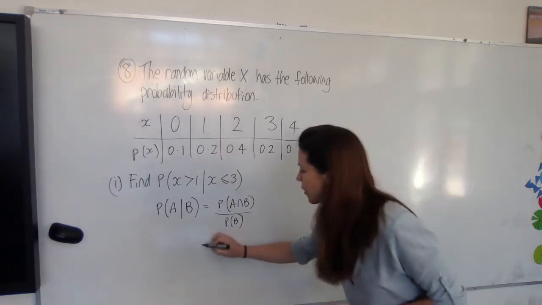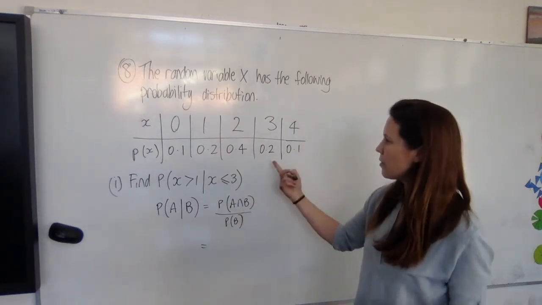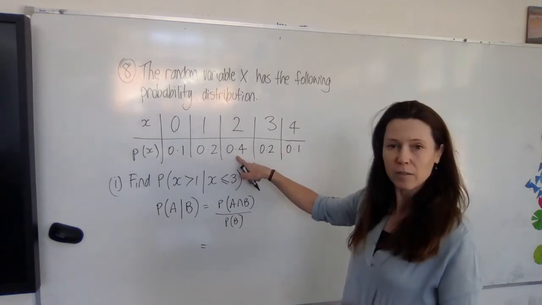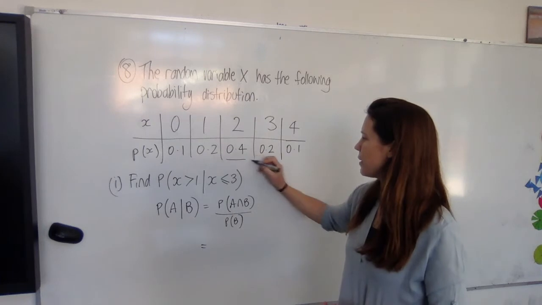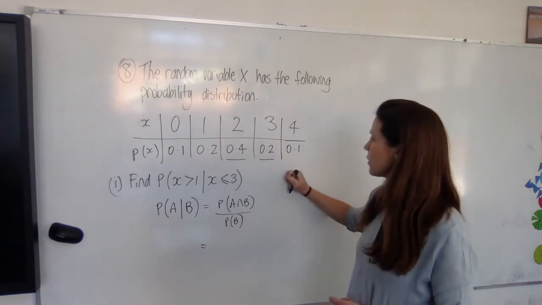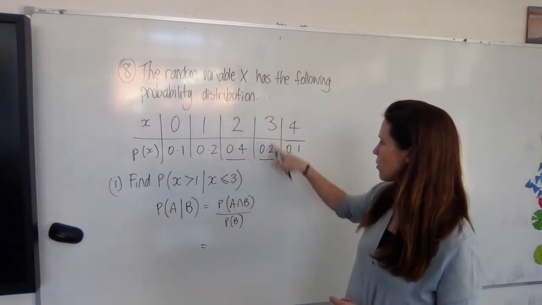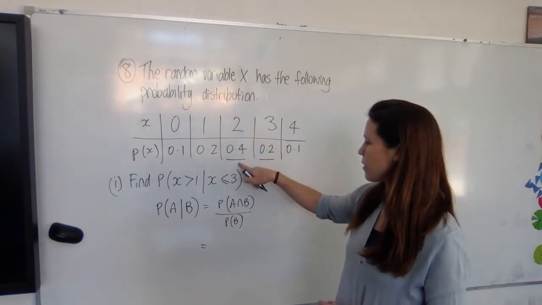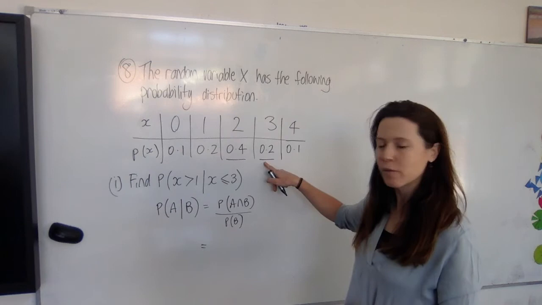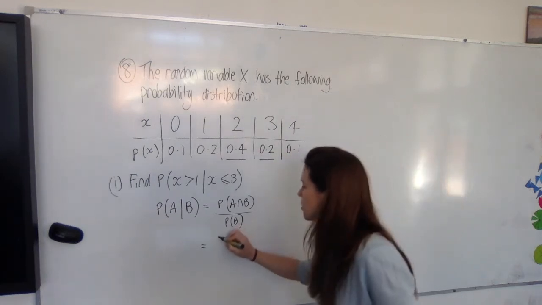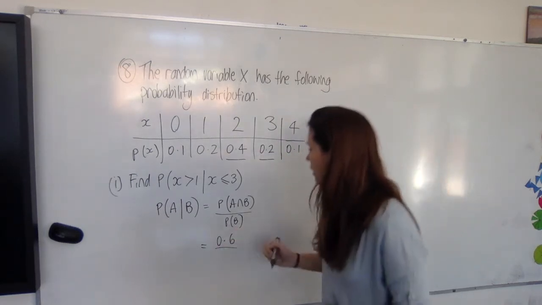So at the top of our fraction here, the probability of A and B, well, here we've got probabilities of x being greater than 1, so we'd want this one and this one added together because it says less than or equal to 3, so it could be this or it could be this, not this one. So we need to add these two probabilities together, 0.4 plus 0.2, which gives us 0.6 on the top,